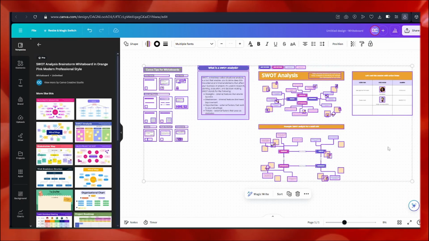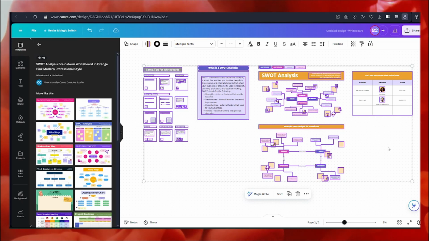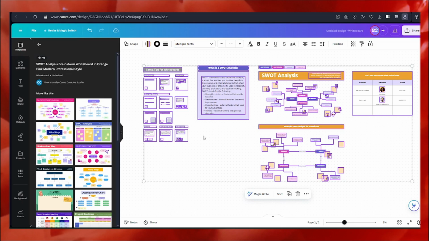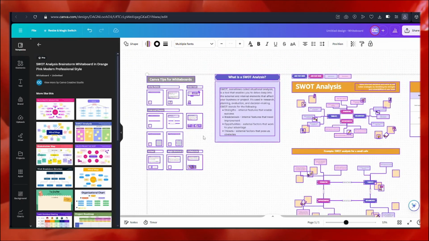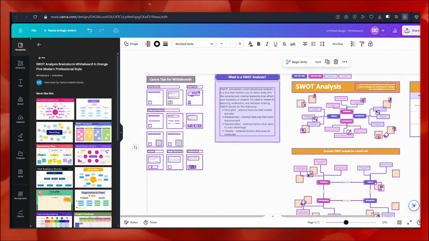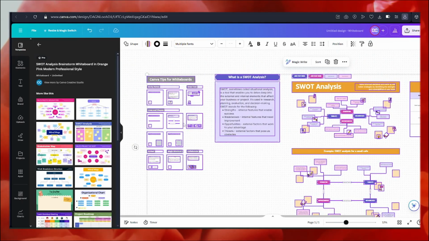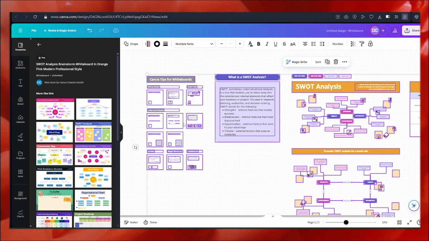These SWOT analysis templates available are very easy to customize. There are also some Canva tips given at the corner of this. As you can see, Canva tips for whiteboards. You can also utilize some of these templates. So I am seeing this. There are basic instructions for you that you can include sticky notes, draw tools, lines and shapes, embedded magic shortcuts